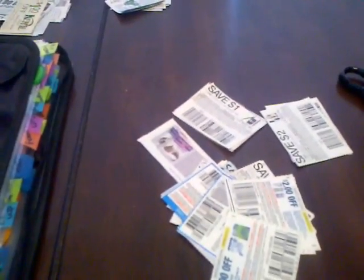Okay, so after you have your coupons all cut and set out, I've got 3 different piles. I have my medicine there, my food there, and my health and beauty over here. I'm going to start with my health and beauty, and I'll take my binder, and you see I've got it all tabbed out with all the different stuff on there, but I'll go to my shaving section. That's the first coupon on top of my pile,